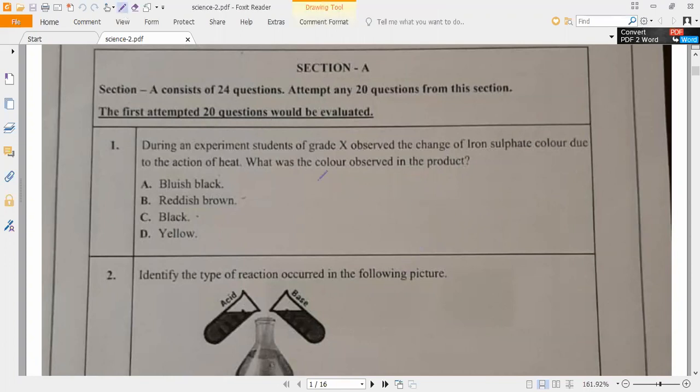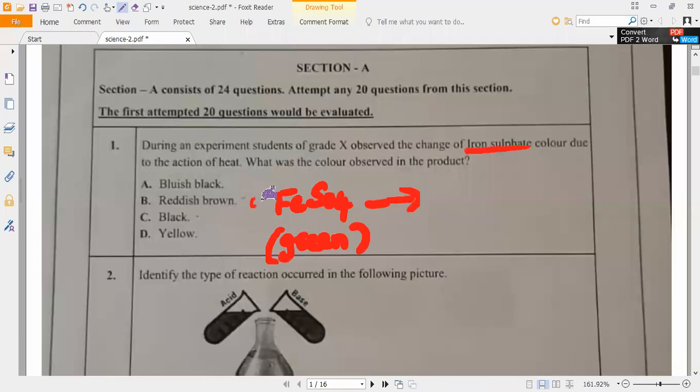Yes, please, all of you remember, they are asking iron sulfate. What do you mean by iron sulfate color? First, iron sulfate will be in a green color. Is it yes or no? So FeSO4 will be in a green color. This color coding is most important. No question will come from outside our boundary. If you are not studying, only then will it go out. That is what I am saying.